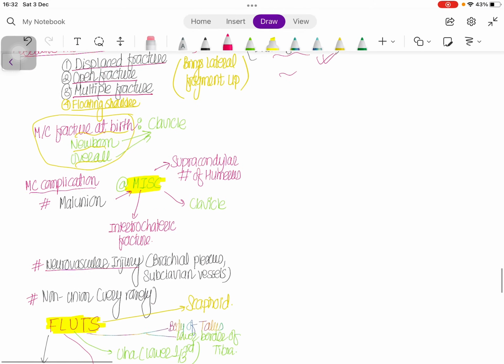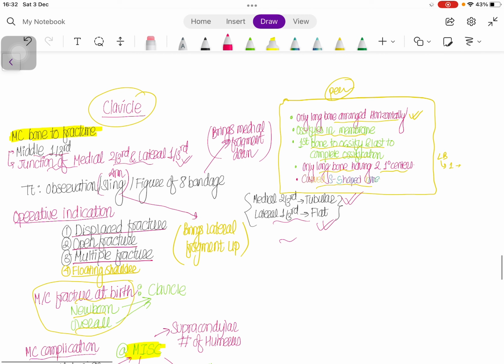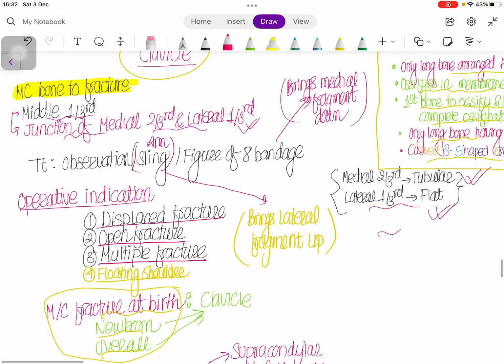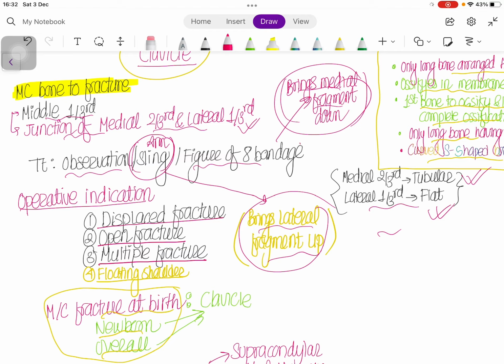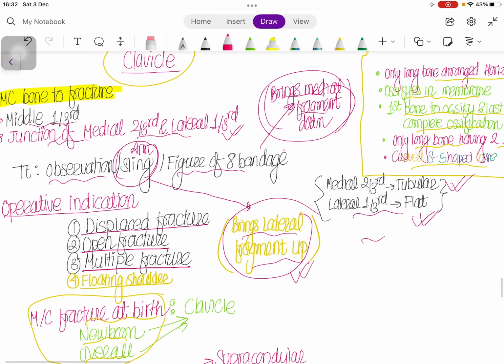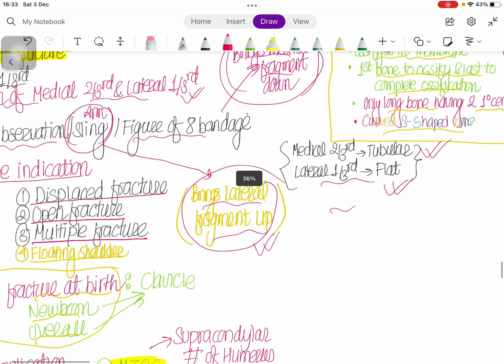So when a fracture occurs in the clavicle, we have to look at the X-ray, and then it will be identified and diagnosed. And for the treatment, we can have observation or an arm sling. We can use an arm sling. It is used to bring the lateral fragment up. We can also use the figure of 8 bandage, which brings the medial fragment down, and if we use the arm sling, then it will bring the lateral fragment up,